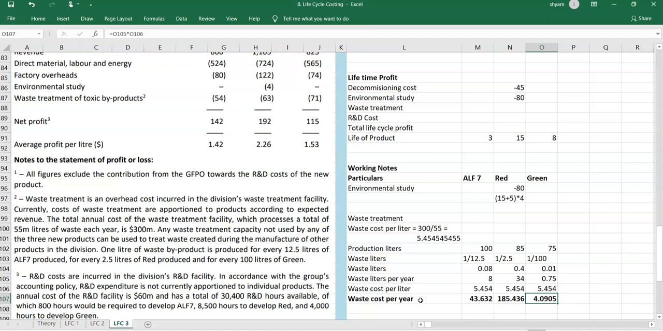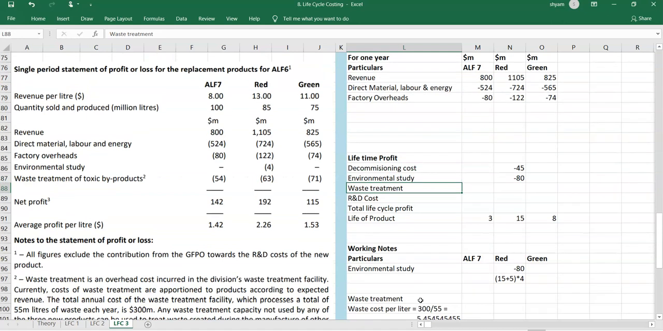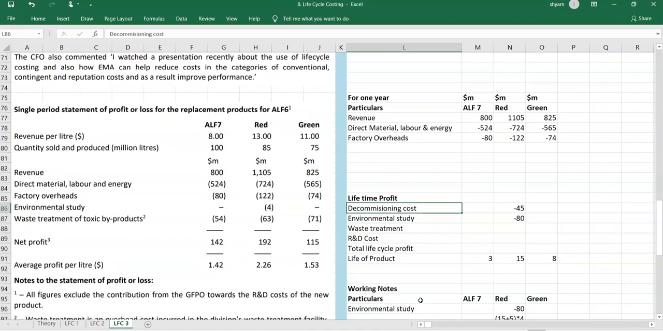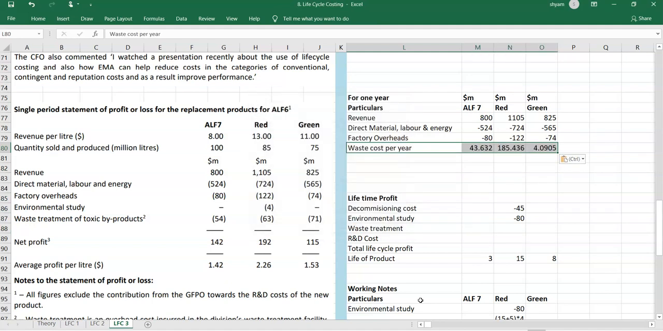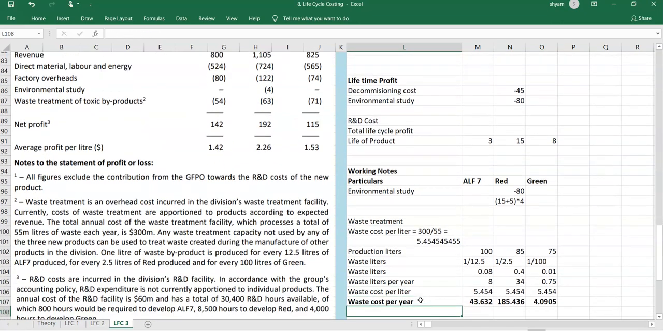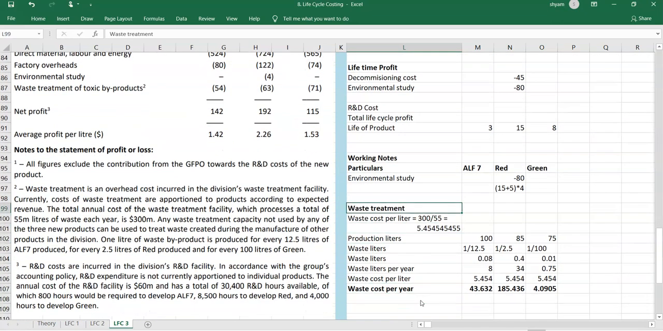So this is a per year cost. We'll put all these numbers here. Okay, not here. For 1 year we'll put. So we have to put it here. So we'll remove from here. We don't want that. So waste treatment we have done. We have done the environmental study. We still have